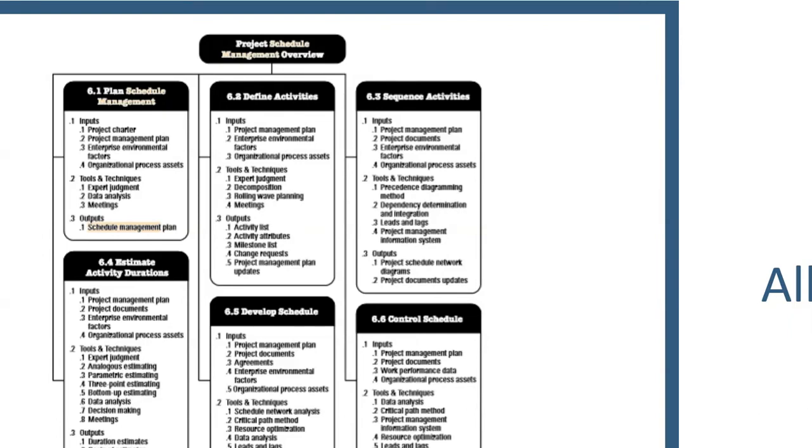Next step is to sequence activities. Since we have identified dozens, hundreds, and thousands of activities, our next step is to sequence them. Obviously on the very first day you cannot start all the activities, so activity A will finish, then activity B will start. When activity B is finished, we can start activities C, D and E in parallel. So sequence activities comes right after the define activities process.